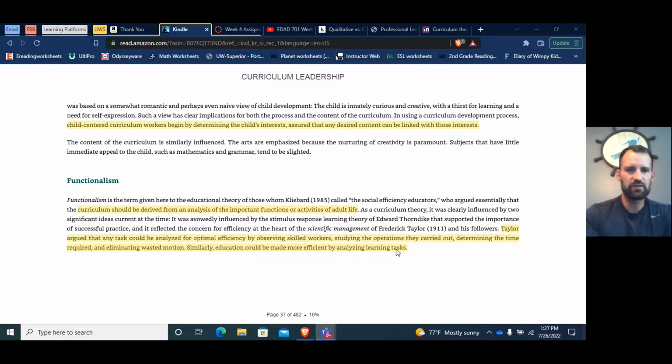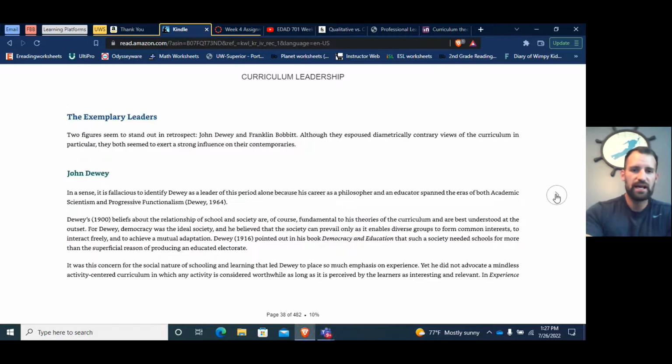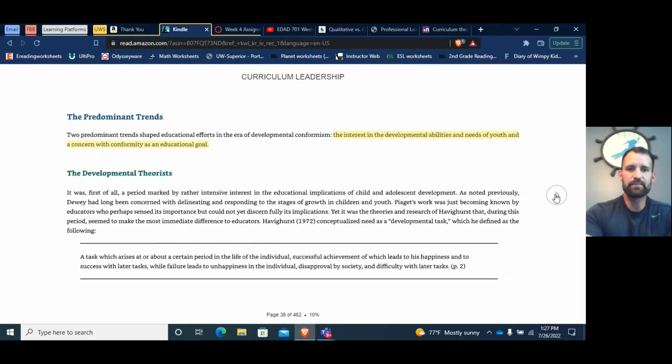So a little bit different from the student-centered curriculum that we were just talking about earlier with progressivism. Functionalism more so focuses on having students observe and learn through observation. So this might benefit students who are visual learners, for example. In today's world, I believe a good example of this would be,